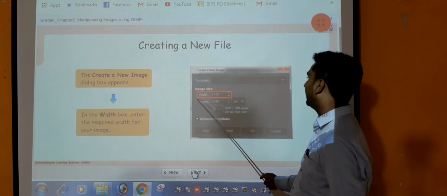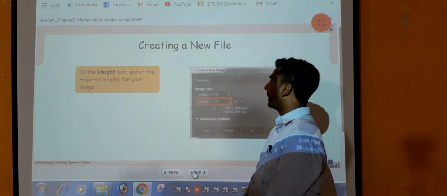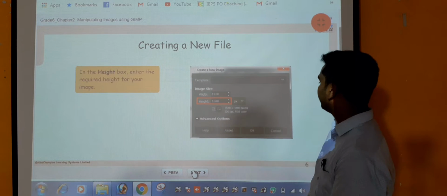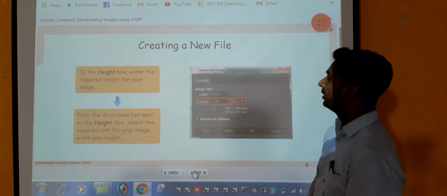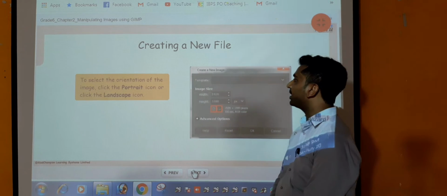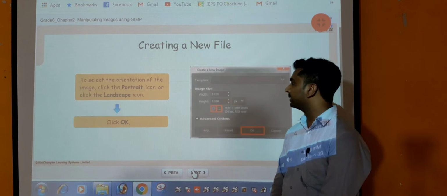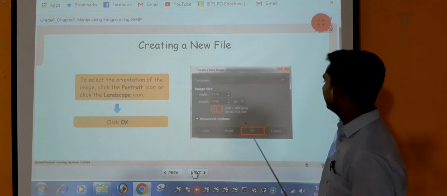After that you can select width and height. After that, click the OK button. To select the orientation of the image, click the portrait or landscape icons. Then click OK.